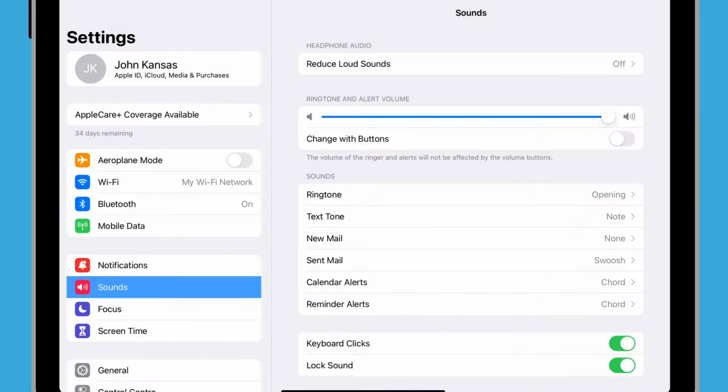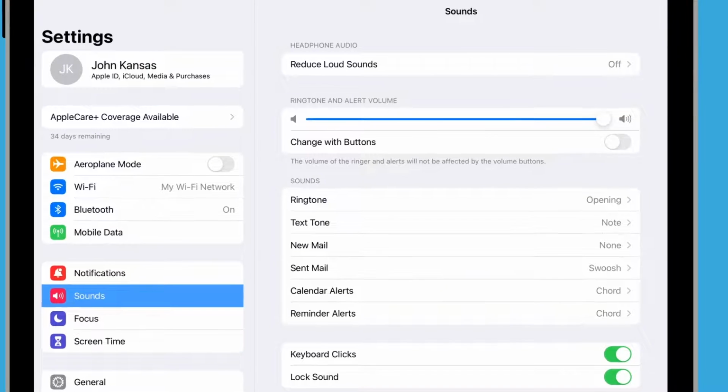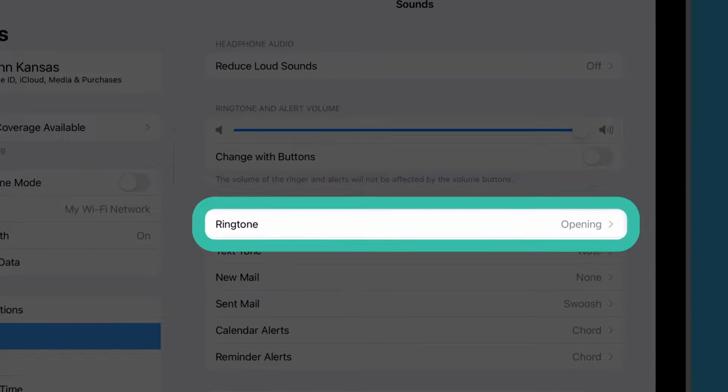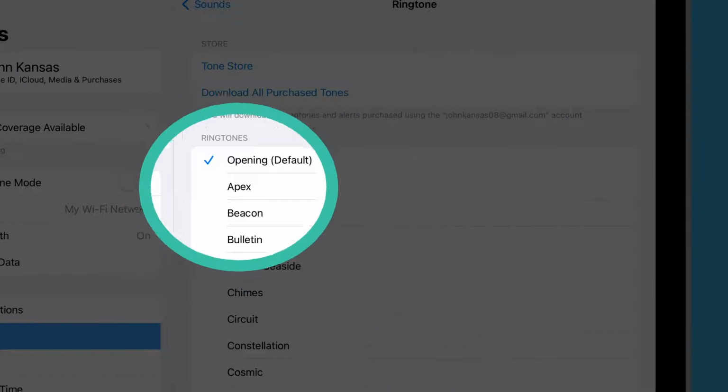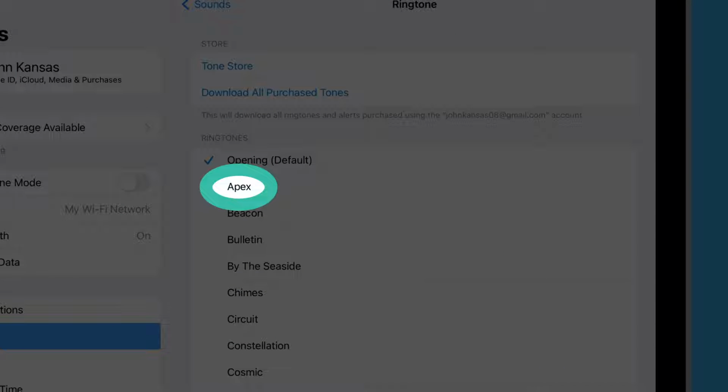To choose a ringtone for when someone calls you on FaceTime, find Ringtone and tap on it. Then tap an option from the list of tones to play it.